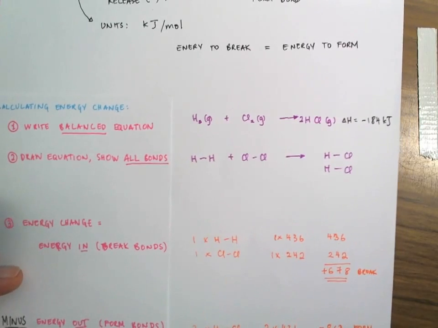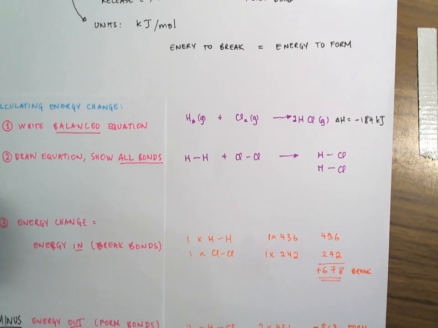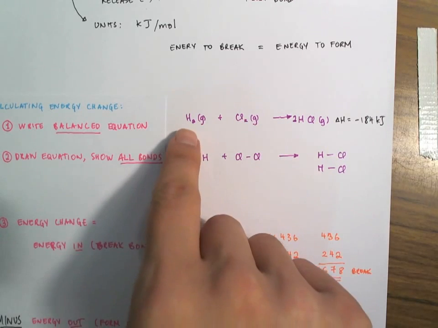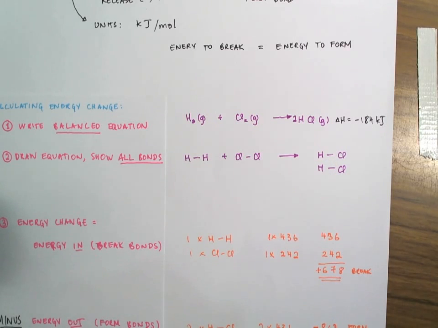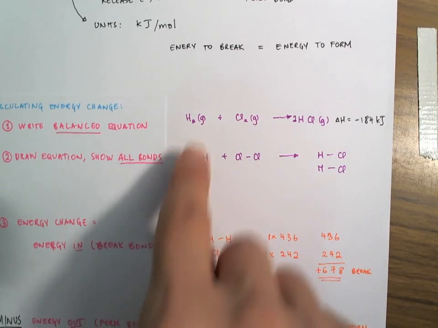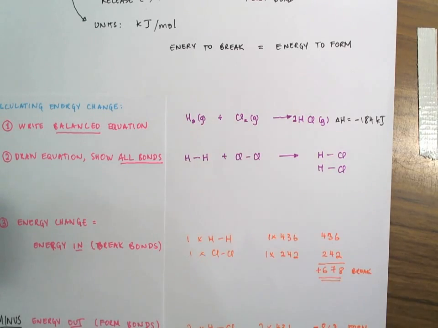Now I've dropped the per mole because saying per mole is kind of vague now, because it's true I have a mole of hydrogen and a mole of chlorine, but then I have 2 moles of hydrogen chloride. So when you say per mole, which do you really mean? So I've just left it as that, which is to signify that if I take a mole of hydrogen and a mole of chlorine to form 2 moles of hydrogen chloride, then minus 184 kilojoules of energy will be released